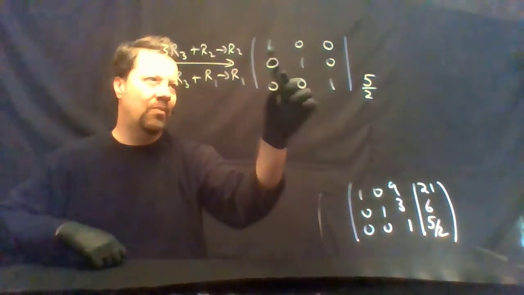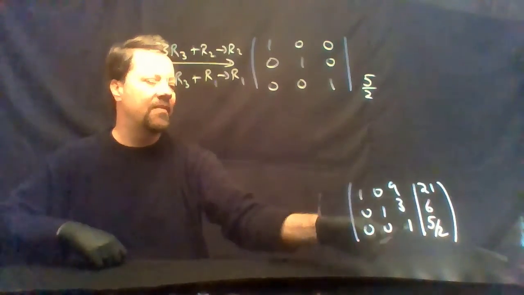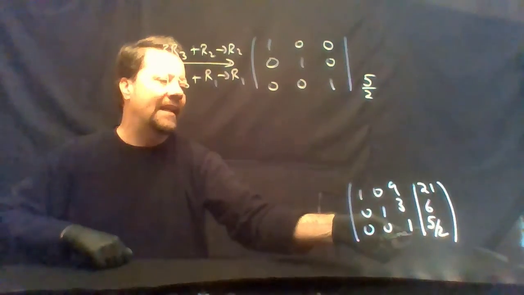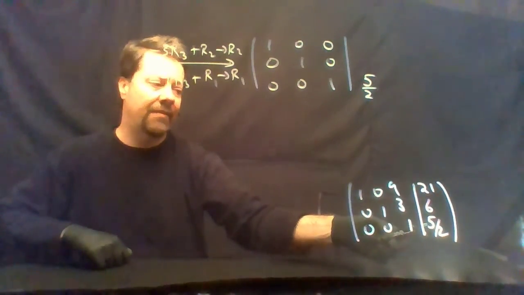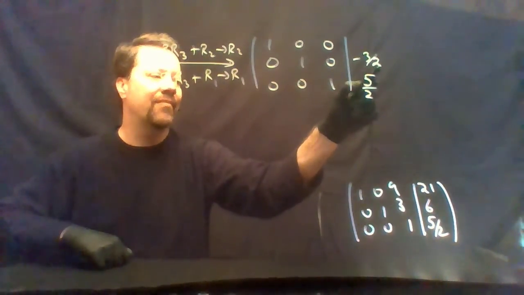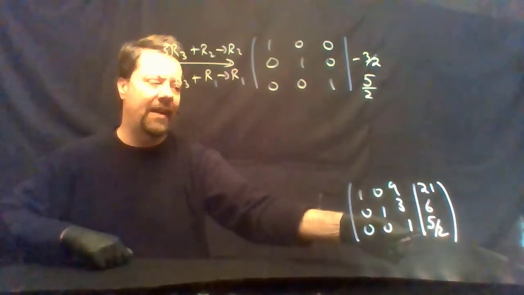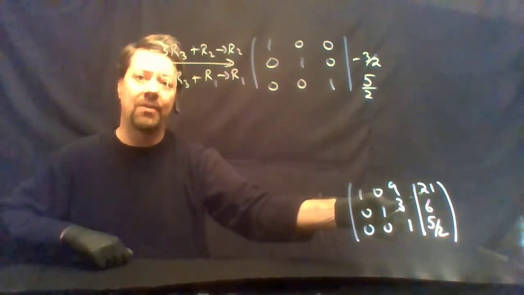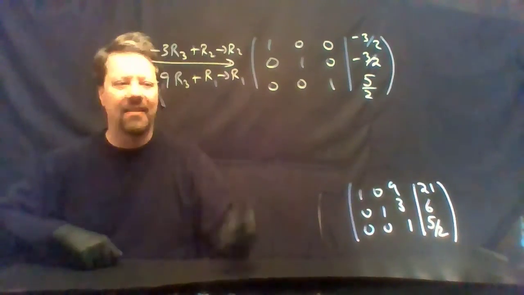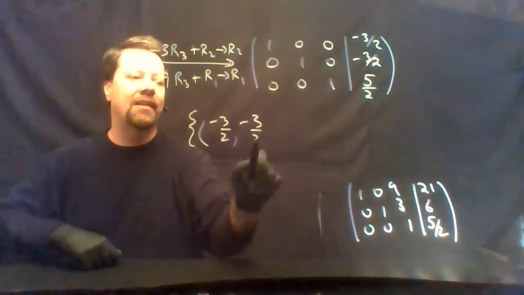We'll have 1, 0, 0, 0, 1, 0, 0, 0, 1 to the left of the vertical slash. We'll get zeros in these two positions by design. -3 times 5 halves is -15 halves, plus 12 halves is -3 halves. -9 times 5 halves is -45 halves, plus 42 halves gives you -3 halves. The solution set is the point -3 halves, -3 halves,